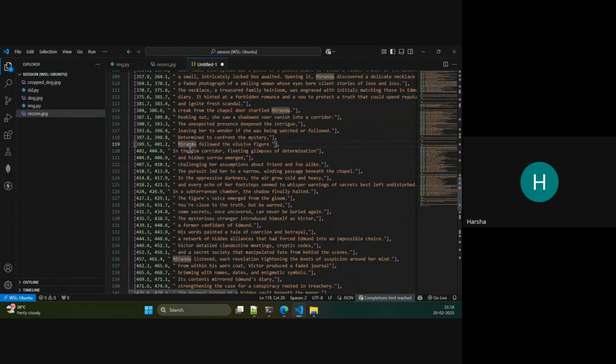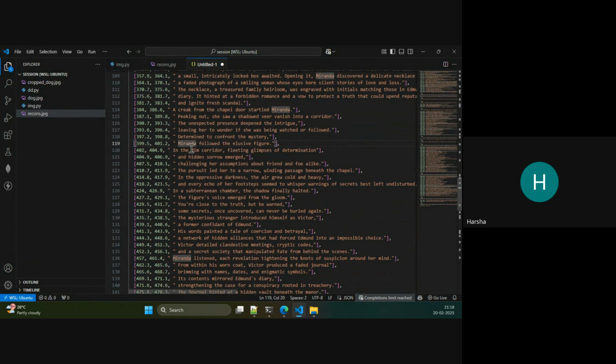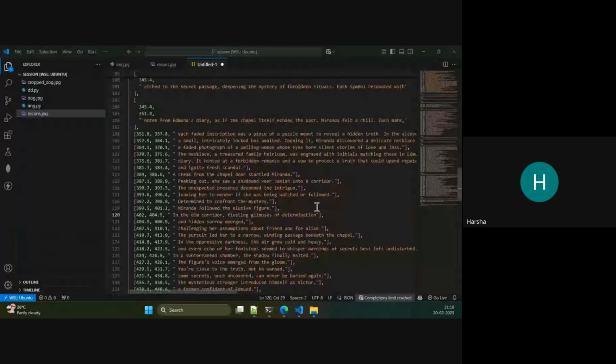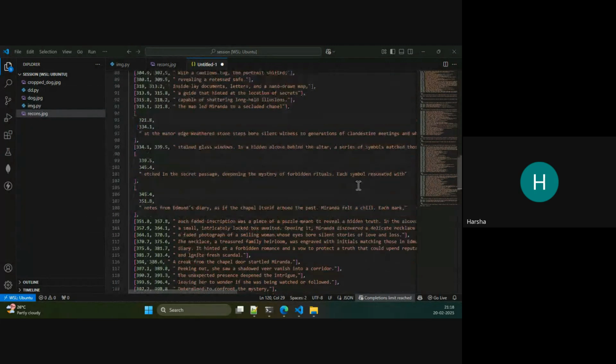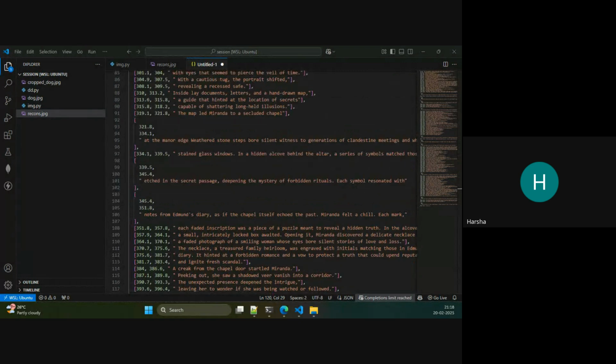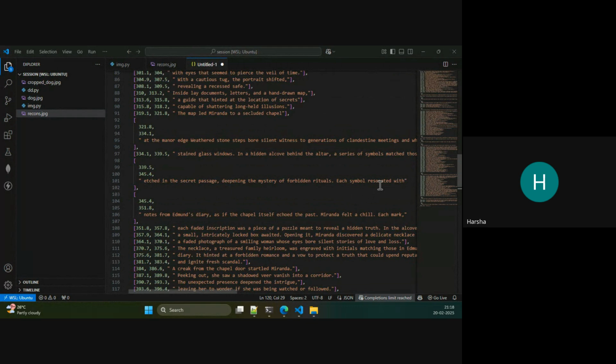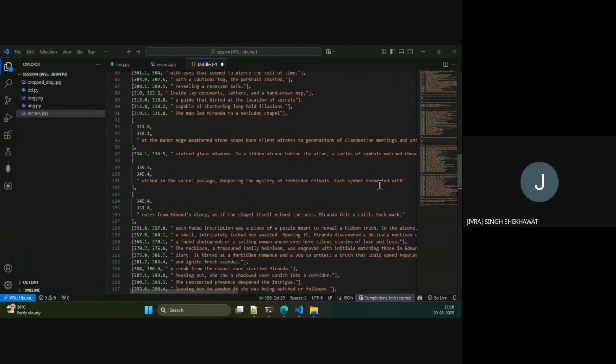Okay, so how did you get 339.5? Can you please go to 339.5? Okay, please go up. 330. Go up. Yeah. Etched in the passage. Yes, that is where even I start. Etched in the secret passage, deepening the mystery of the forbidden rituals. Each symbol represents